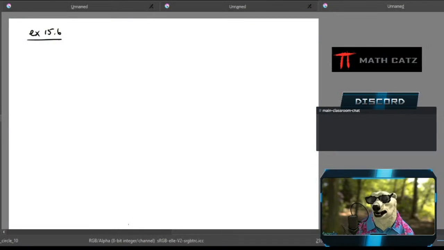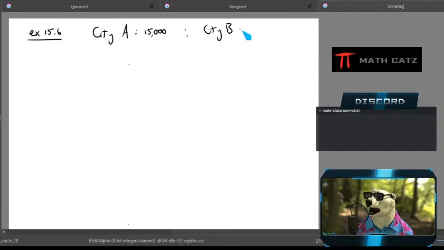Let's just write down what they are originally because I'm going to move this PDF side to side all the time. So city A has 15,000 people, and city B has 12,000 people. I'll just write it down. We have the time. Trying to stretch this out. Why not? So city A is what